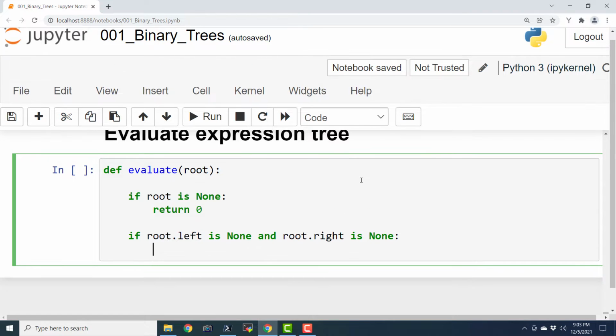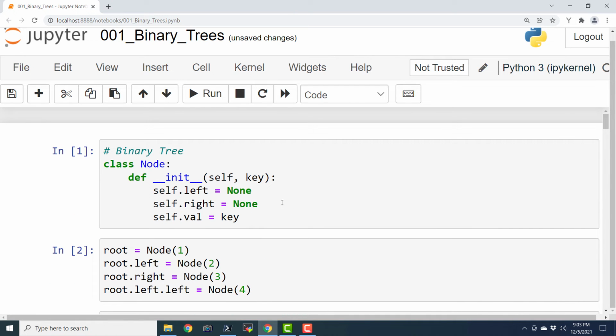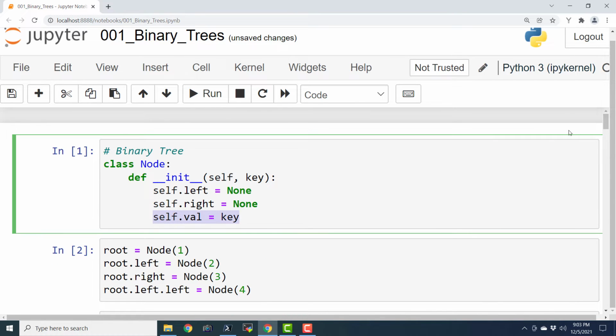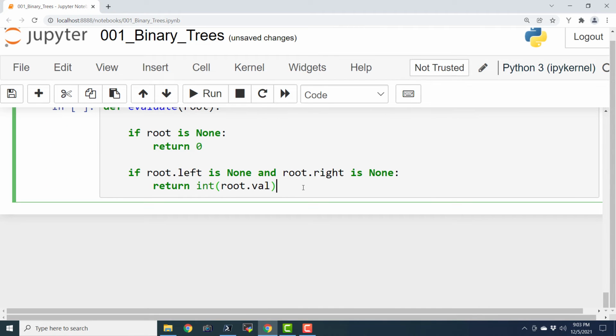And in that case, we are going to return int of root.val. Here val is the field that is storing the data part. Okay, so it is storing the value or data.